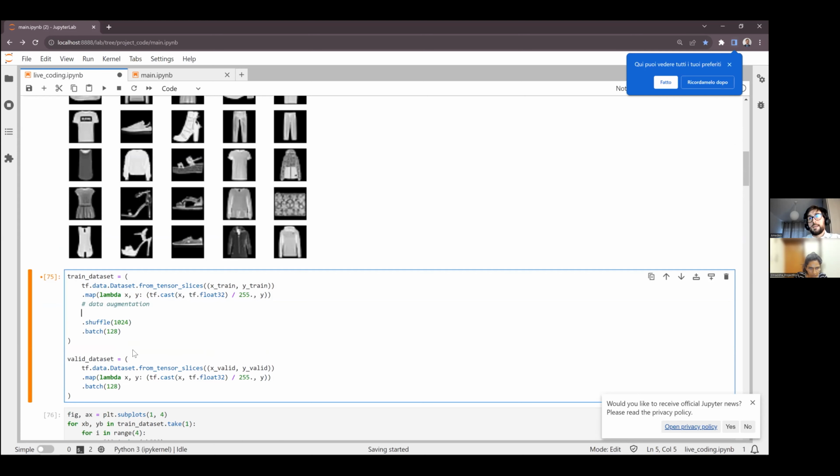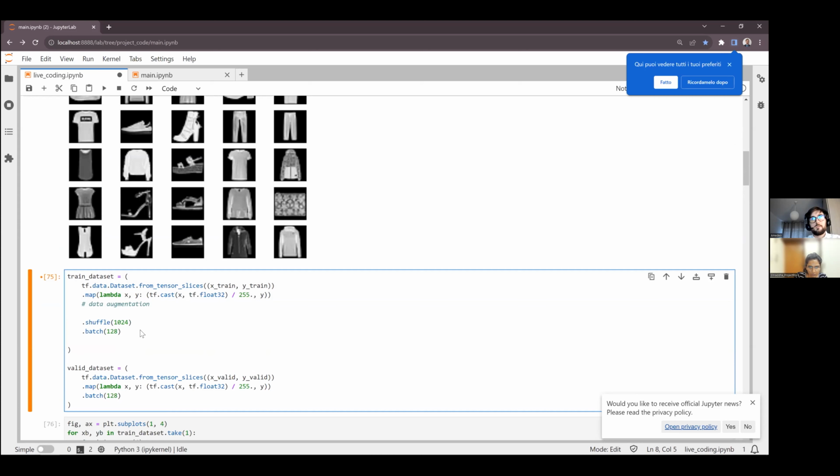Another thing about the dataset that we can improve is to add, after the batch function, a prefetch. That is simply telling TensorFlow that you want it to start to prepare the next batch of data before the model finishes training on the current one.